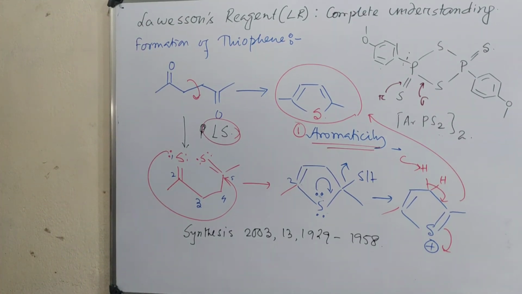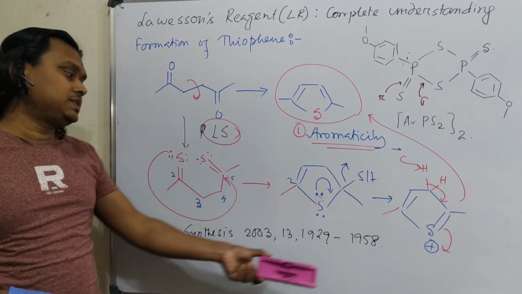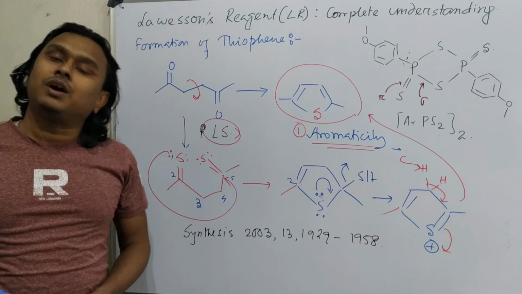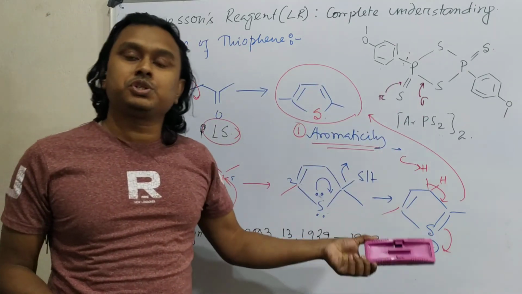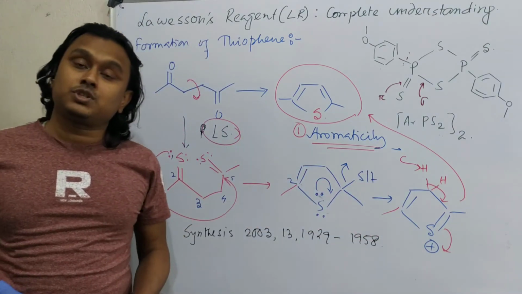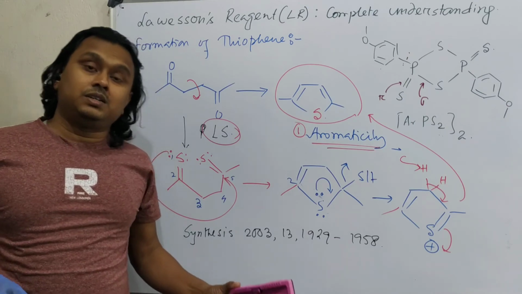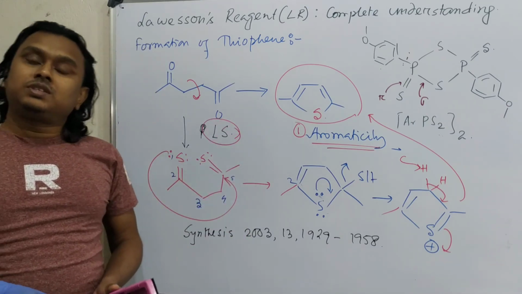Okay students, so you can see the reference. The reference is given because if you want to learn more about this, please visit this review paper, you will have more knowledge. So in today's discussion, we have learned about Lawesson's reagent, its preparation, chemistry, and its mechanism associated with 2 processes. First of all, selective sulfur introduction, meaning C double bond S, and second is aromaticity. So this is the end of this discussion.